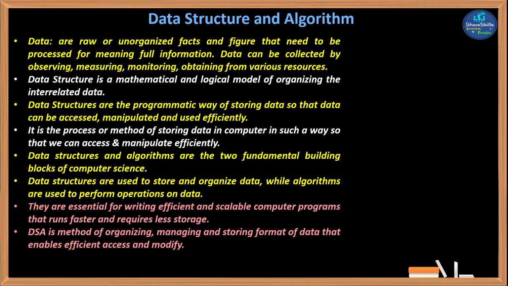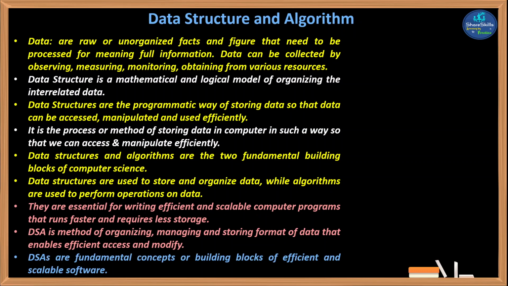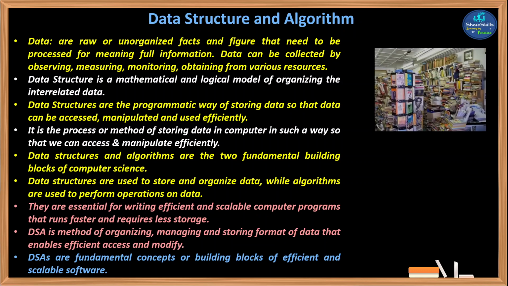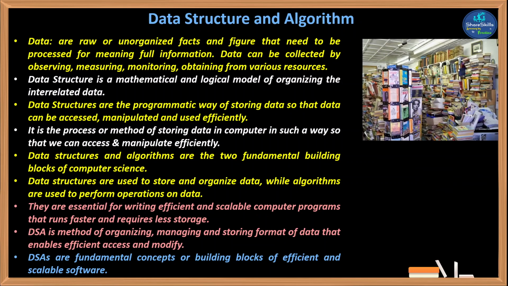I would like to give an example from our real life. If you have a bunch of books, bundles of books, which are unorganized and scattered somewhere, like here we have a number of DSA books, data structures books, and I need one right now, how can I find it? Suppose I have a library, but my library is scattered, all books are scattered like this. How can I find that? It takes time to find a source like that,